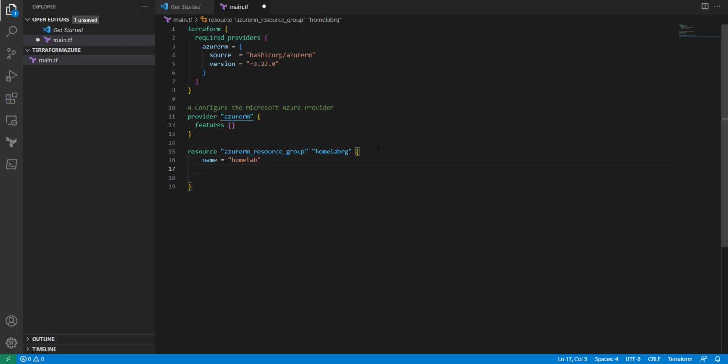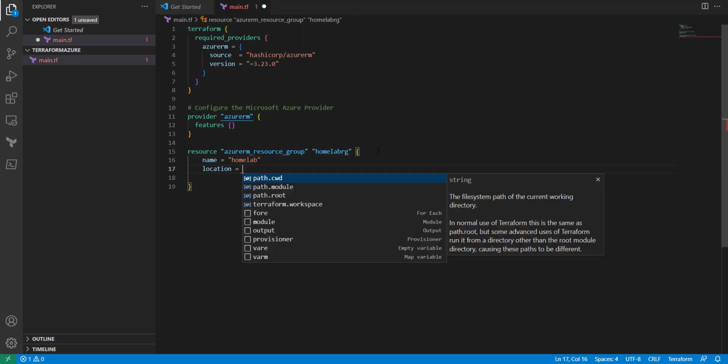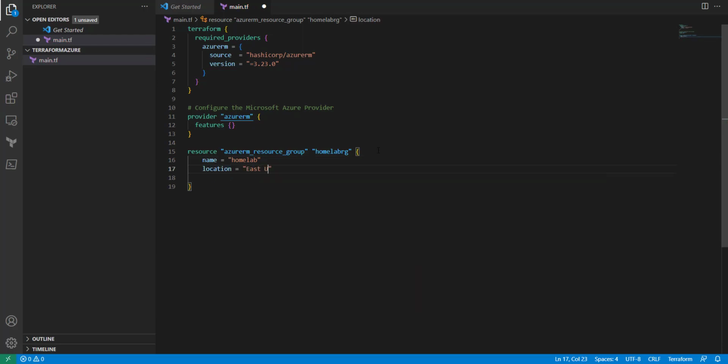And then our location is going to be East US. And that's it. And now I'm going to put another part here. And what this is basically going to be,